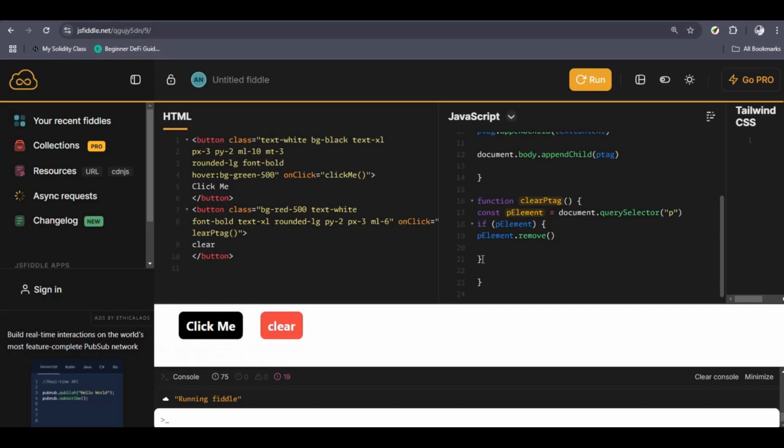So what if I want to make this clear button clear all at once? I don't just want it to clear one by one. What am I going to do? Very simple. I'm just going to come back to this clear p tag function which is attached to the onclick of this second clear button. Then what am I going to do now? This selector is going to be selector all,